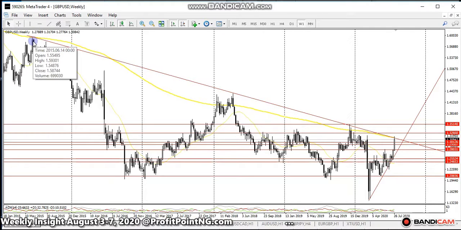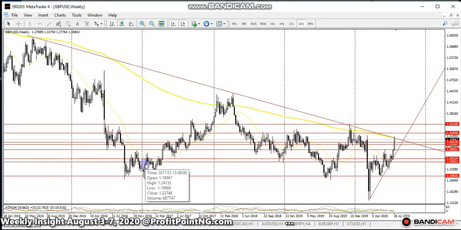pre-Brexit discussion there, and then it went down this way, and only tried to make an attempt to retest this after about 2 years. Now, you understand what I mean by frequency now. It bounced down from there, also down, and then it came back to retest that region in about 1 year. Let's look at this.